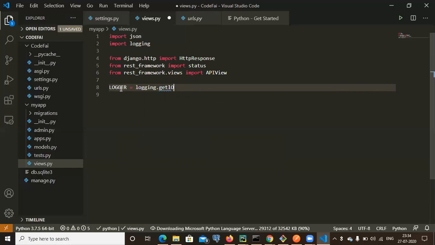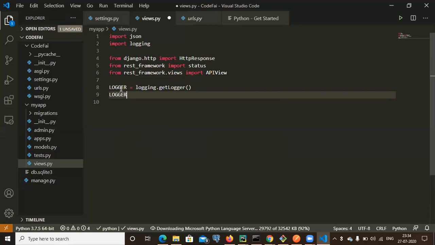It will be capital. Logger.setLevel logging.INFO. So this is for the logging part.